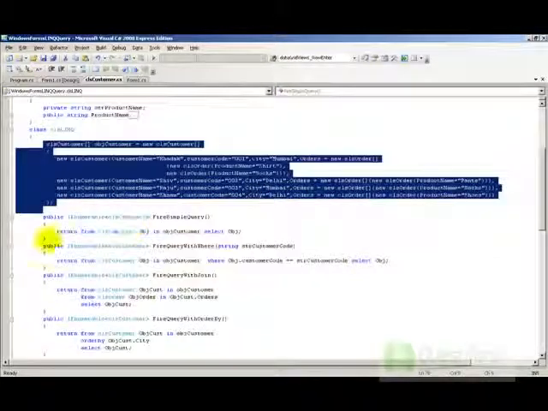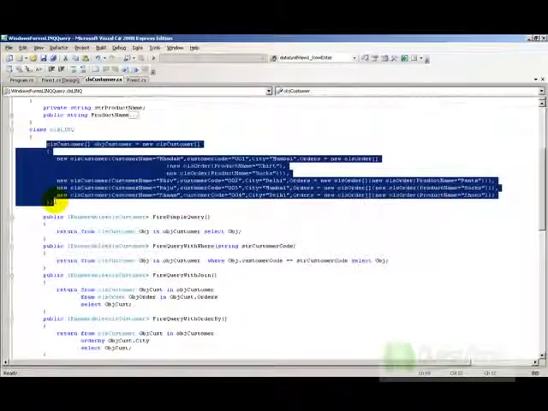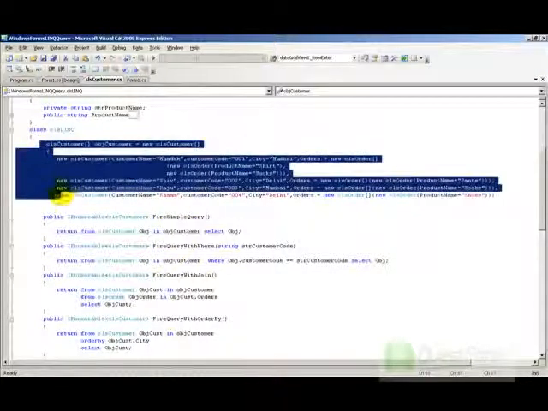Then I have made a couple of methods which will fire LINQ queries on this data. At this moment, we have taken our data source as the business object collection, but it's very much possible that you can use a data set here, you can use an Excel object, probably an XML data reader, anything you want, but the LINQ query will not change. So here's the simplest LINQ query we have: return from clsCustomer in objCustomer. Now objCustomer is nothing but your customer collection data.